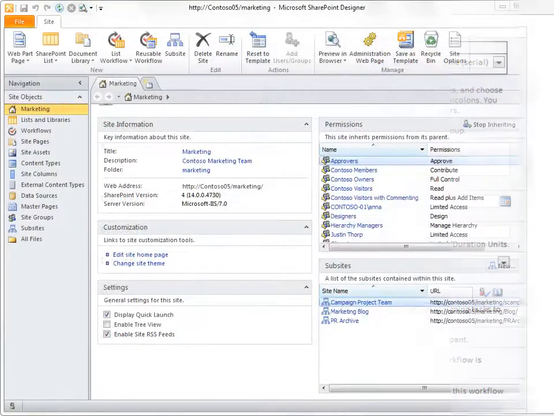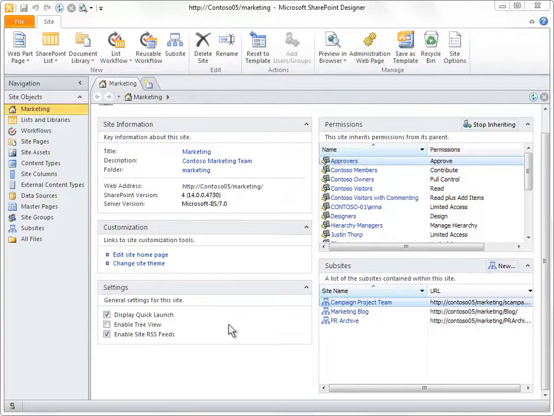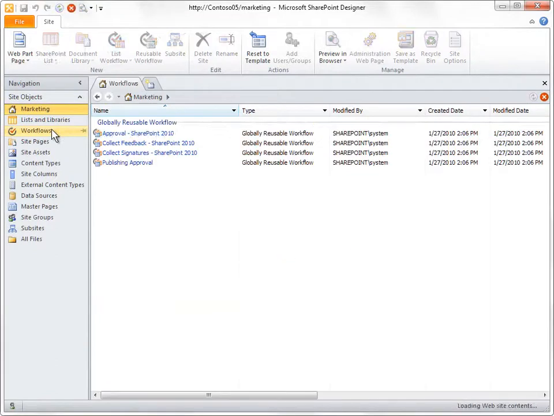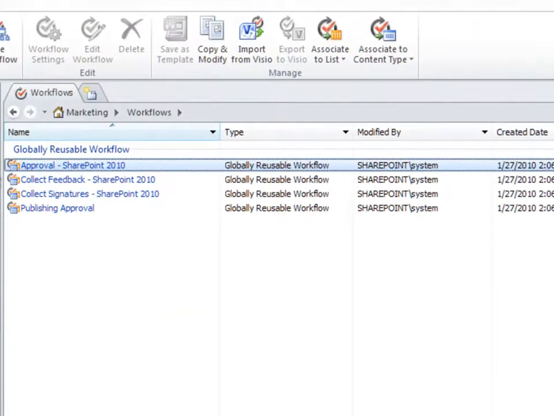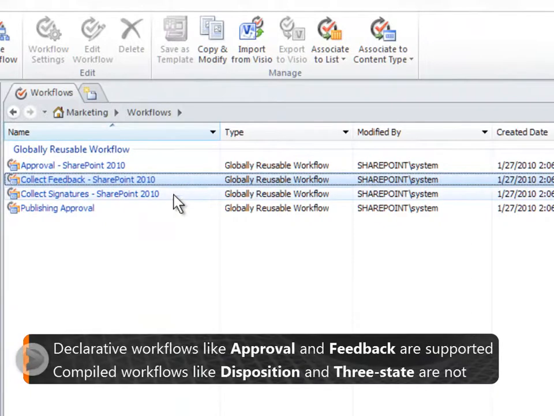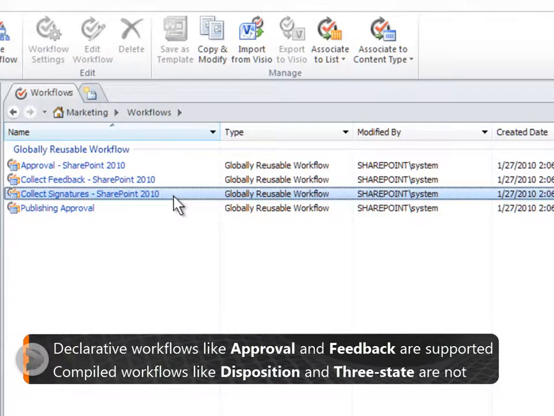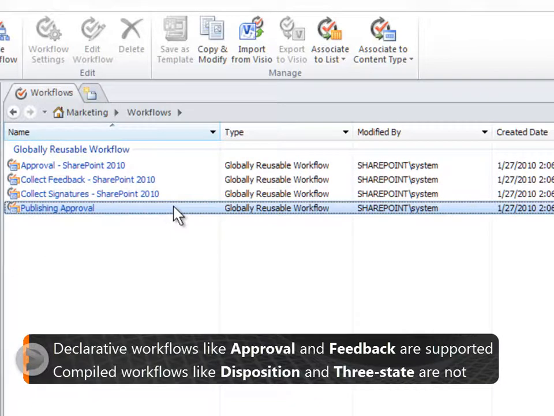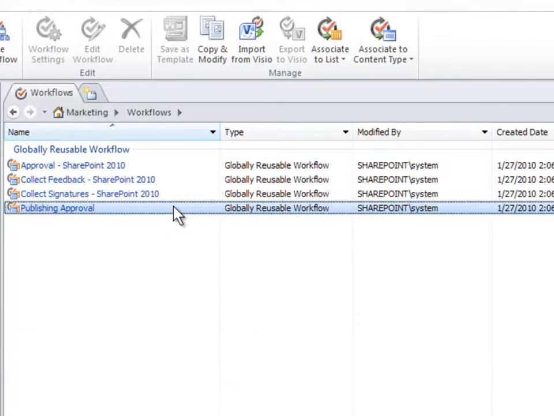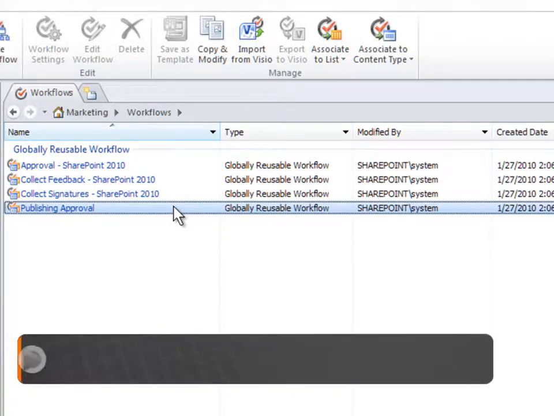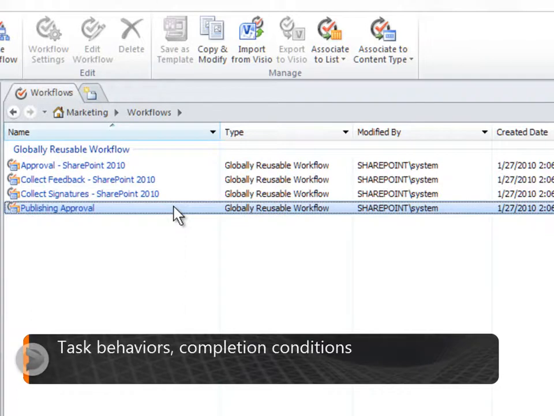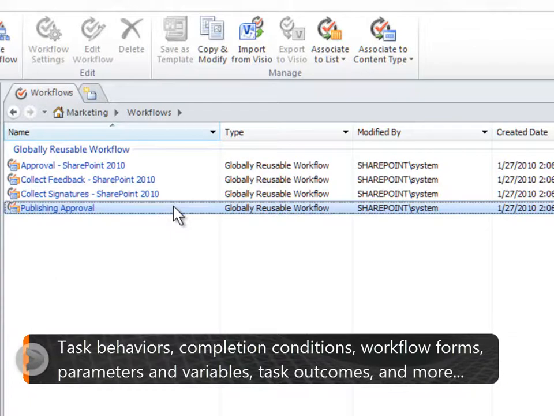You can customize these same workflows in SharePoint Designer 2010. Just click Workflows in the navigation pane and you see them under Globally Reusable Workflows. You won't see all of the workflows in SharePoint Server, but you will see those built in the declarative workflow format, like the Approval, Collect Feedback, and Collect Signatures workflows. For these workflows, you can customize task behaviors, completion conditions, workflow forms, and more, all without writing a line of